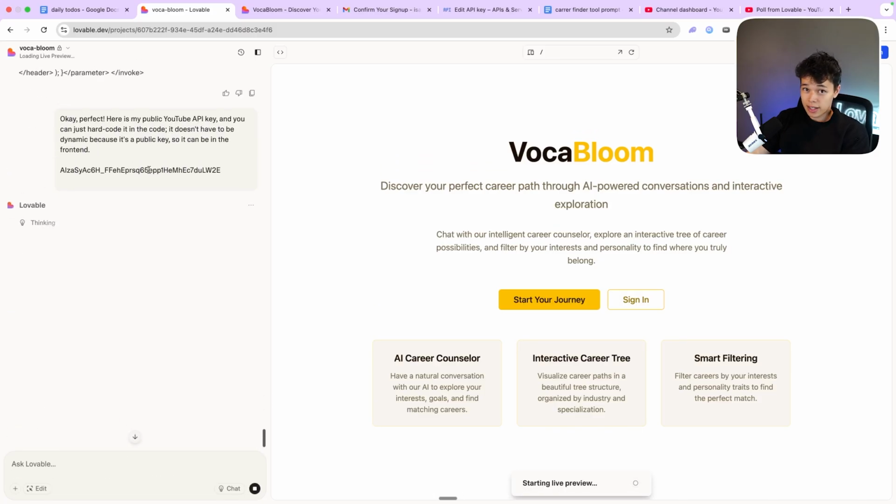And because this is a public key, we don't have to press on add key or anything like that, and we can just show it. And we can hard code it. And hard code essentially means that you're not making it a dynamic property. You're putting it into the actual code itself and not into some sort of backend or anything. You're just putting it into the code, not in the database.